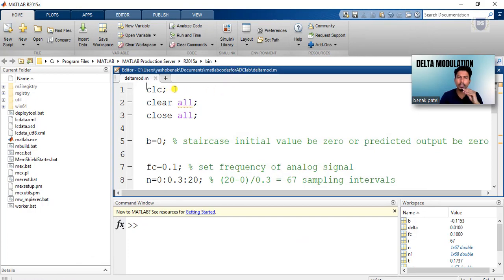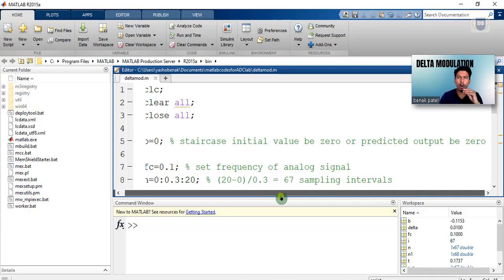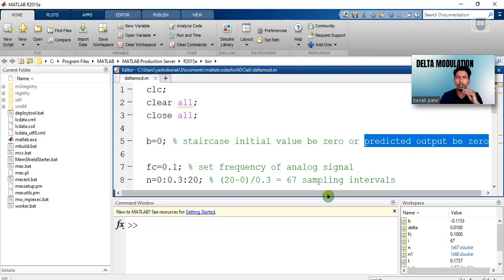After changing this, the starting 3 statements are as usual, and these statements have already been explained by Amarappa sir in detail. Here we'll make use of a variable b, initialized to 0, which is used as the staircase initial value, because the initial predicted output should always be equal to 0.